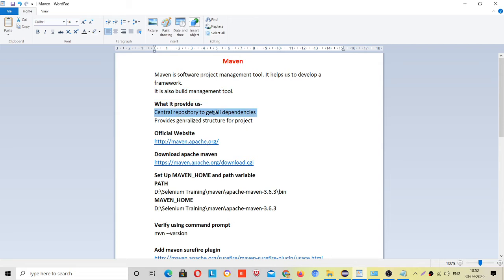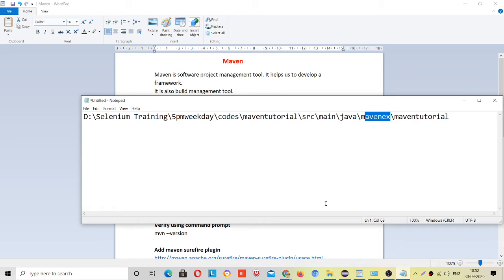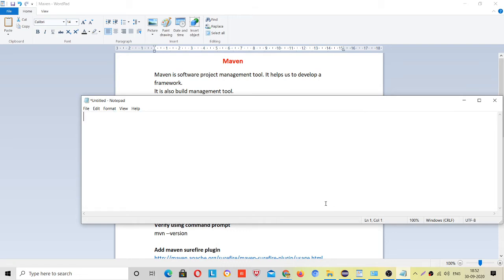And why is this line written, central repository to get all the dependencies? It means that previously, if you had to write Selenium code and you were making any project, then you had to add those Selenium jars in your project, right? You would go to the Java build path and keep adding those Selenium jars.